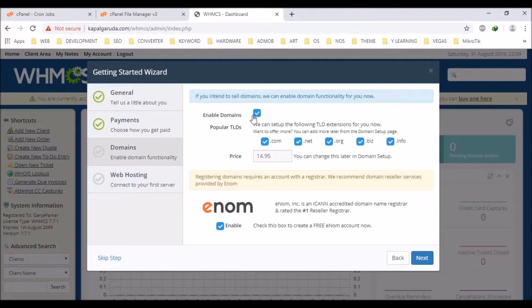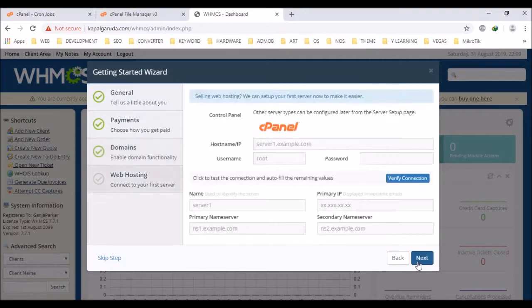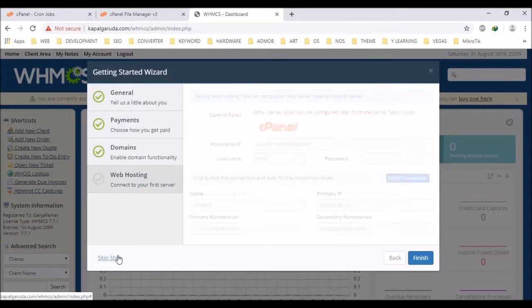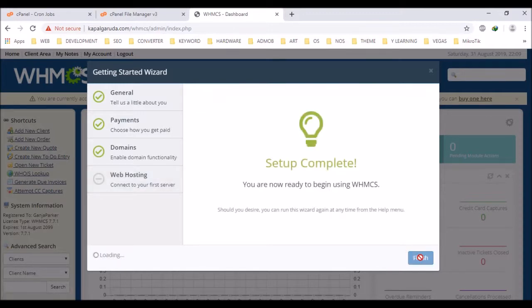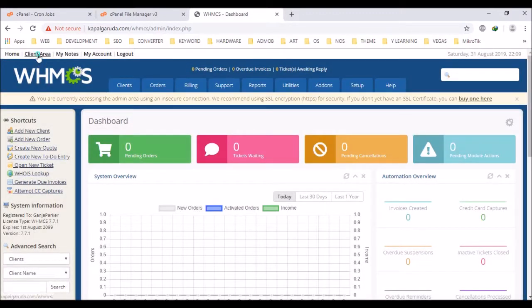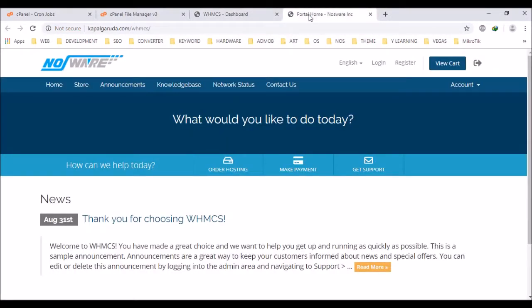We can also set up the domain registrar later, so in this video we are not setting up the domain registrar, and we can skip the server also. We will do that in the next video. Just click Next Step and Finish. You can open the client area and voila,